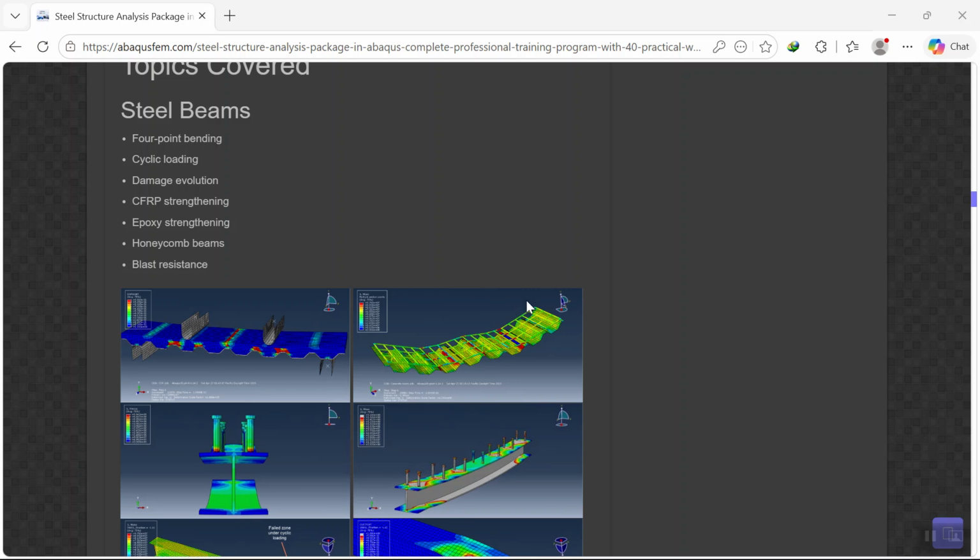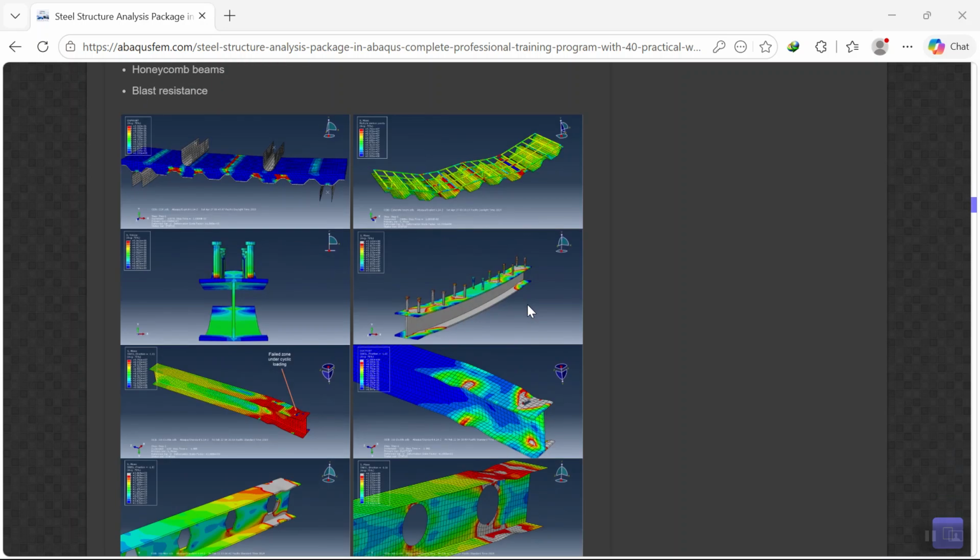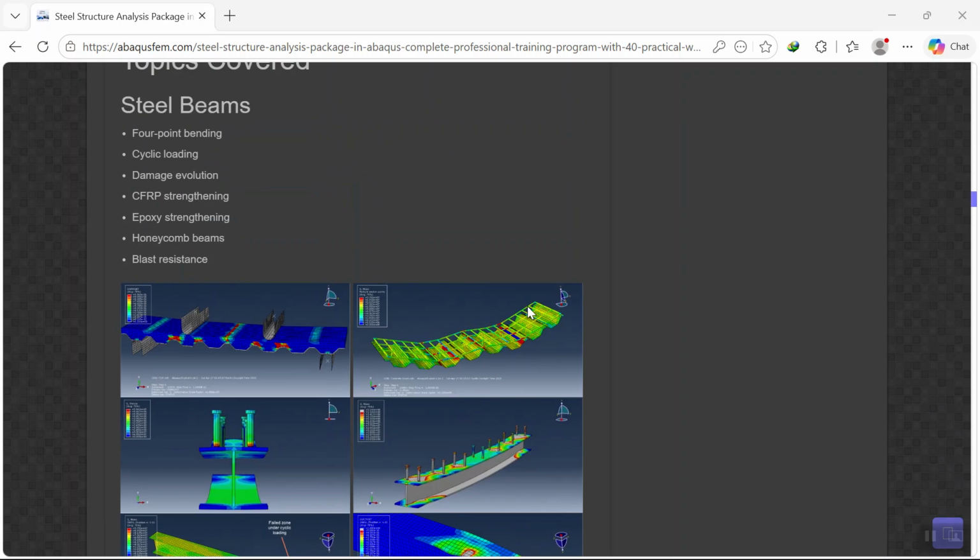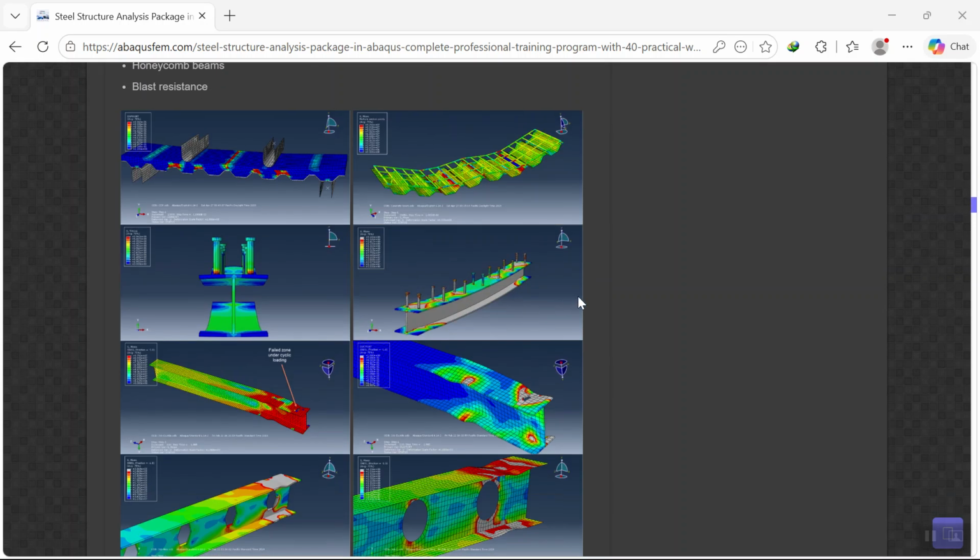Throughout these workshops, you will learn how to model and analyze a wide range of steel and composite structures. For instance, here in the first section, you will learn all about steel beams. You will simulate a steel beam subjected to monotonic and cyclic loading, investigate the behavior of honeycomb beams, study beam strengthening using CFRP epoxy material, evaluate structural damage under repeated loading, and you will also learn how composite beams behave, for instance, like this here,